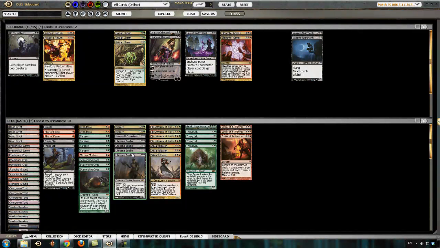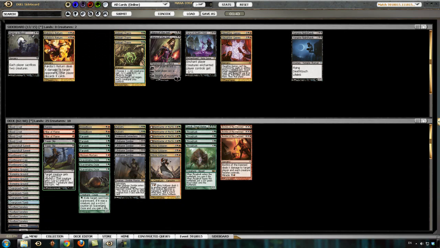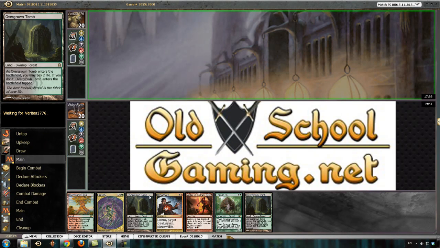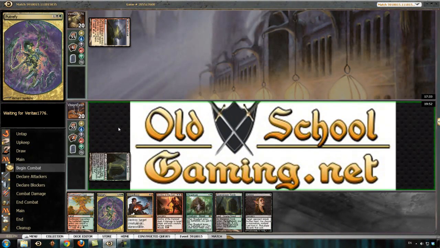Lifebane Zombie is not super terrible. It's not great either. But I think it's going to be 2 Oozes. Or maybe it's the Tragic Slip instead. Yeah, I think I'm going to board out the Tragic Slips. I don't think they're super great. This hand's not bad. It's not great, but we'll keep it. Bonfire is really good against his deck, so...